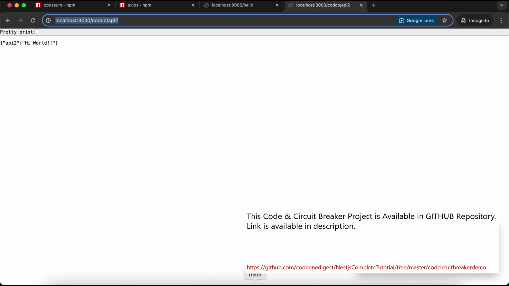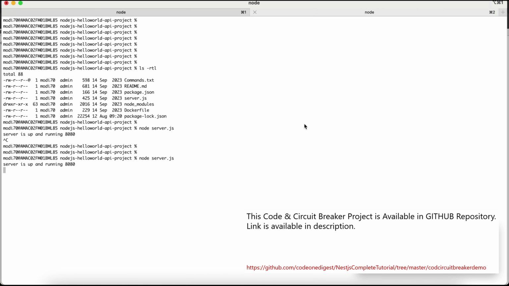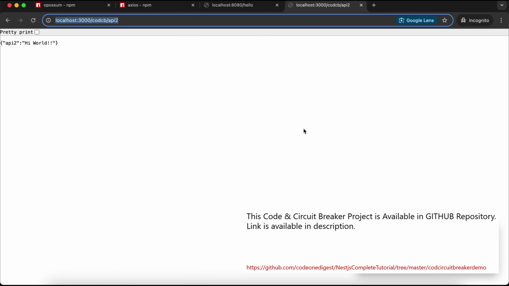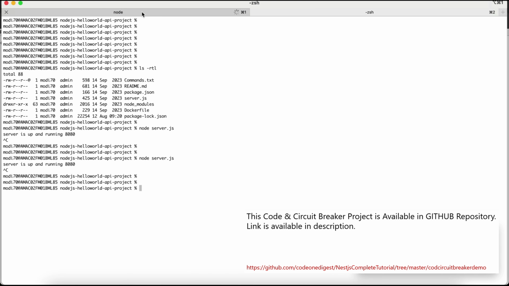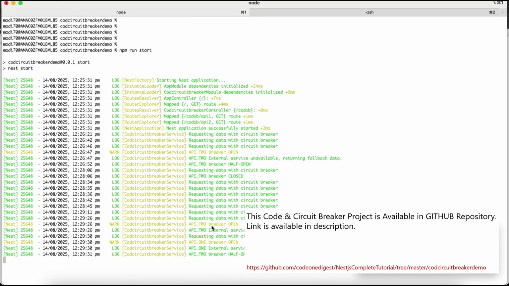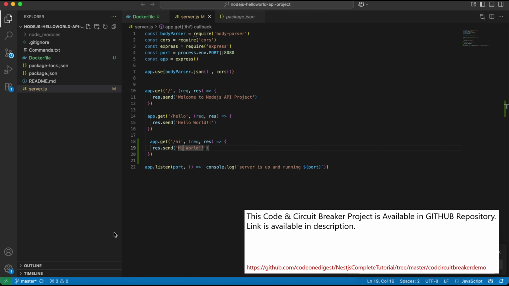Let's assume we shut down our third party application, the third party system is down, and now I'm calling API2, no response, and I'm calling API1, no response. Let's see the log of our circuit breaker. So here API2 was down, circuit is open, API1 is down, circuit is open, and you see here API2 circuit breaker half open after 5 seconds and API1 breaker half open after 10 seconds because that we have configured here